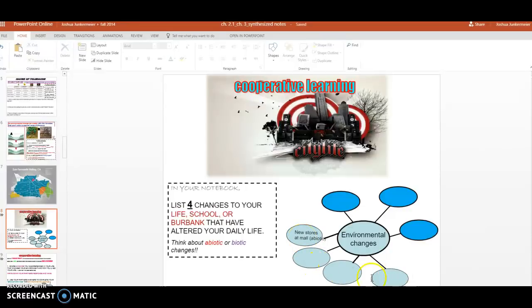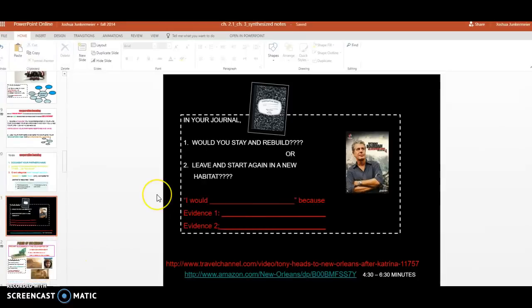You come up with 3 other changes in your neighborhood that affect your daily life. We are saving these last 3 brainstorm spots for your teammates to give you an idea of theirs. So you would write their name and their idea here. So we'll do that in class for fun, just so we can share ideas and brainstorm together. All right, in your notebook, now add slide 21, and I'll help you do that.